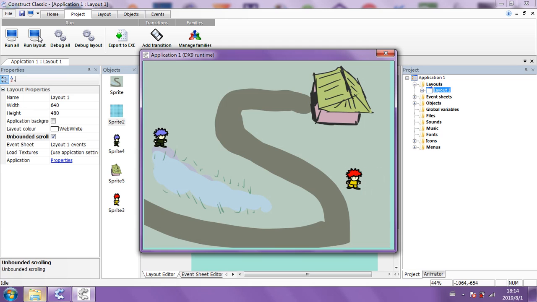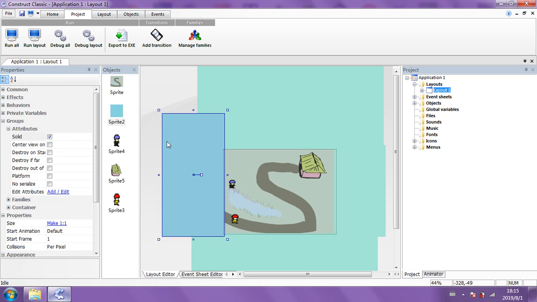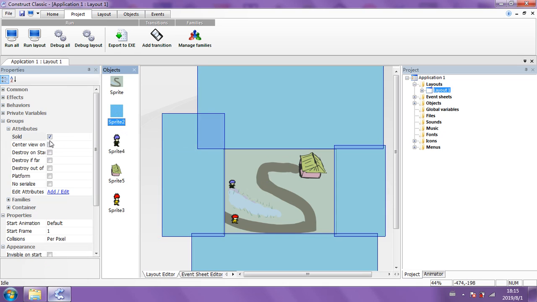Regardless of whether that was set to visible or not, you won't be able to go there, okay? I'm going to click out of that just quickly. Hold on one second. I'm going to show you something else. I'm going to go to unbounded scrolling. That was supposed to be a thing where, if these weren't set to solid, for example, I'll turn it off just for quickly so I can show you.